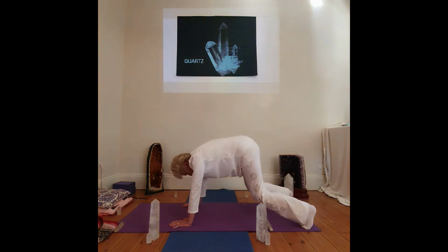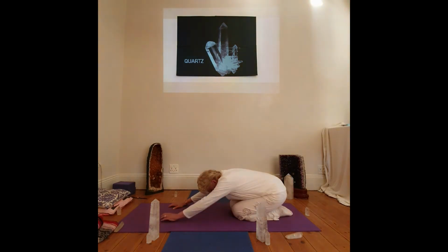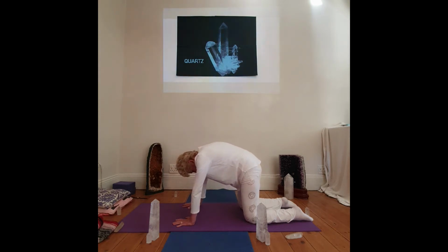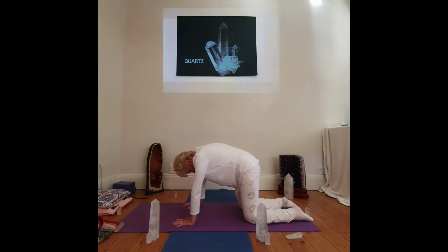Drop onto your knees and come into child's pose. And take a moment. Keep your eyes closed. Inhale, come back. Your eyes open. Sorry, guys. Come back into your cat and inhale, and now take that energy up into the third eye and hold it in your brain center, and then exhale down your spine. So it's lovely to bring the crystal energy into your spine straight away at the beginning of the class. It's a way of connecting your chakras and your whole being into